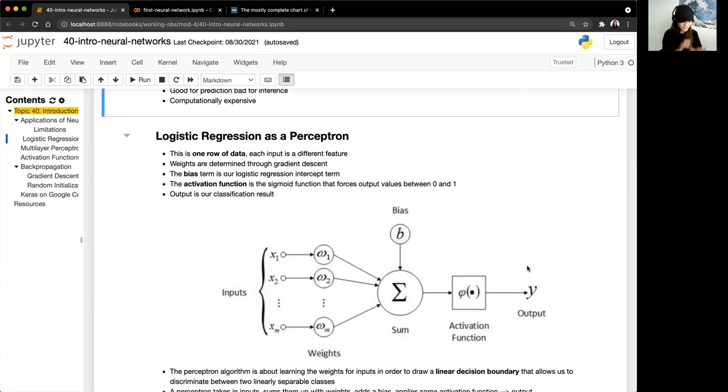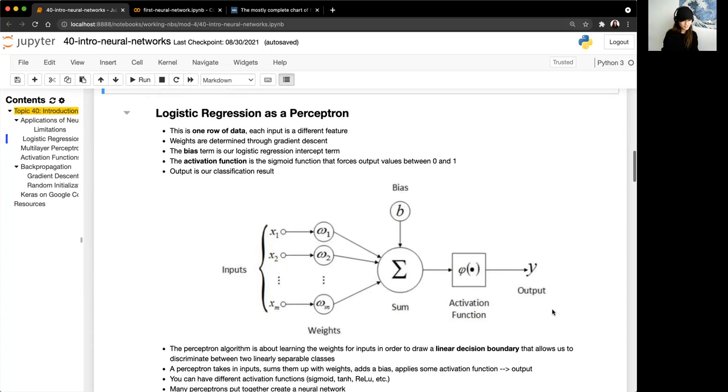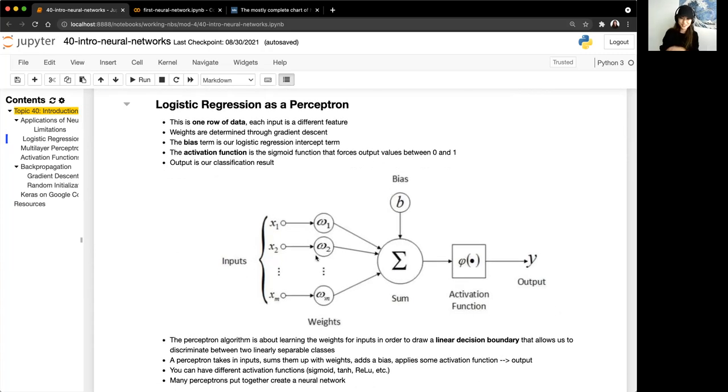And a perceptron, in terms of its structure, is actually very similar to something that we've already seen before, which is logistic regression. And we're just going to look at logistic regression from a slightly different angle to describe how a perceptron works. Remember that a perceptron is a building block for a neural network, and we'll talk about scaling up in a little bit. So this is a diagram to get used to